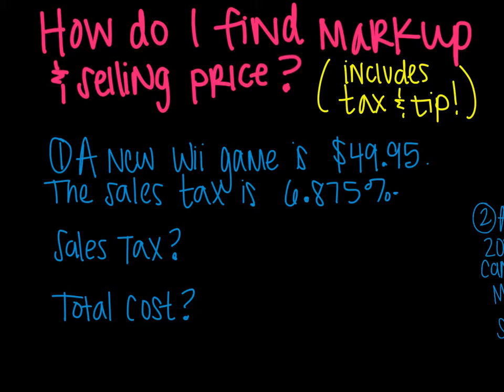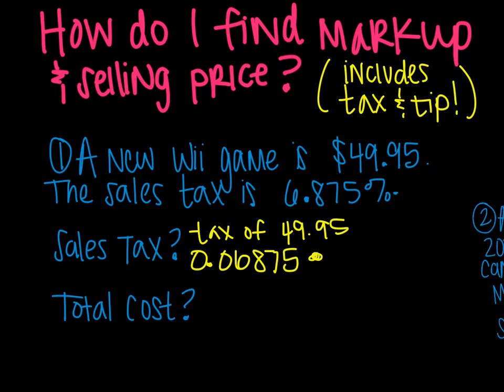6.875%. In order to find the sales tax, you have to know the tax on the $49.95, how much you're paying for it. So you're going to take your 6.875%, turn that into a decimal, so back it, you get 0.06875. And then you're multiplying that by the $49.95. You will get an answer, and of course use your calculator. There's no way I would want you to do this mentally. You would get an answer of